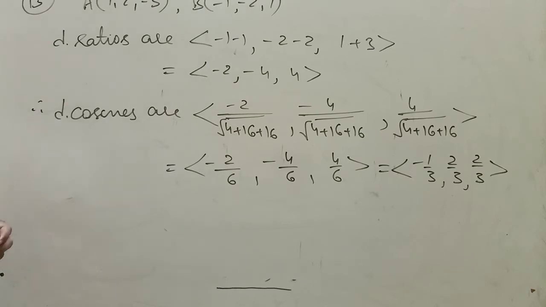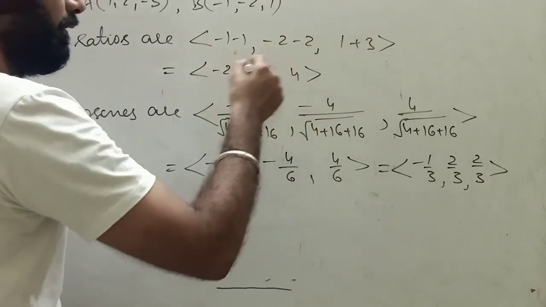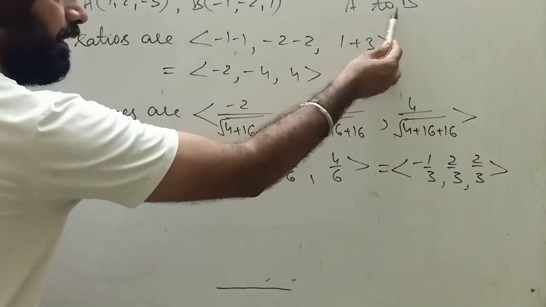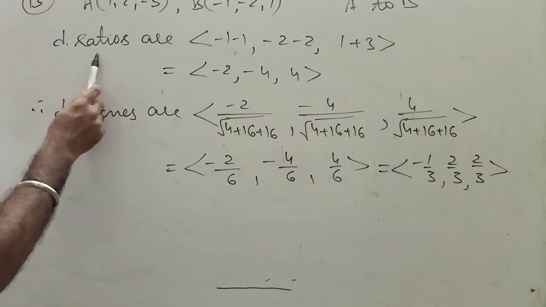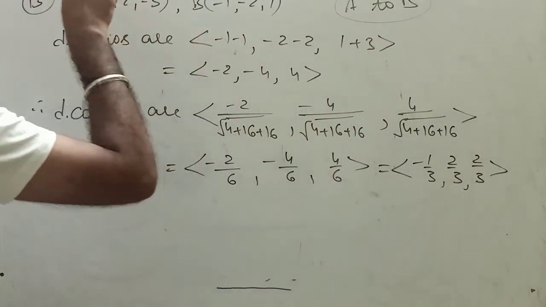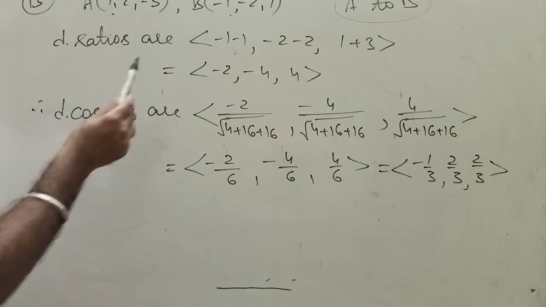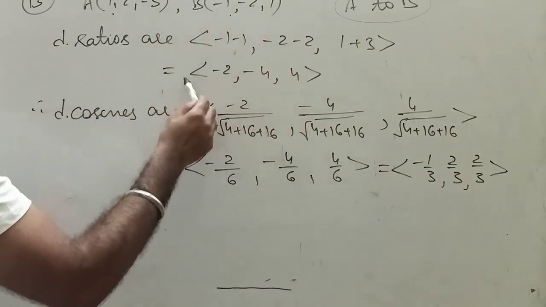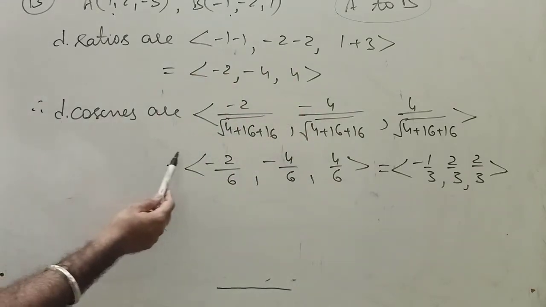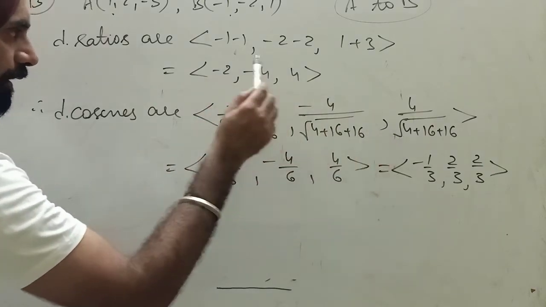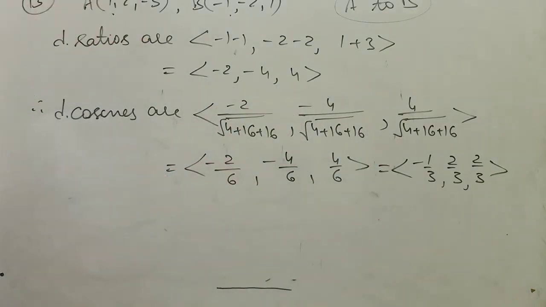Now question number 13 is, there are 2 points A and B and we have to find the direction cosines of the vector directed from A to B. So B is the final point, A is the initial point. So first of all find direction ratios, final minus initial. If it was B to A, then this would be the final point and this would be the initial point. Now final minus initial: x2 minus x1, y2 minus y1 and z2 minus z1. So these are the direction numbers, and for direction cosines, divide each term by the square root of 4 plus 16 plus 16, the square of these numbers. So this is the direction cosine.